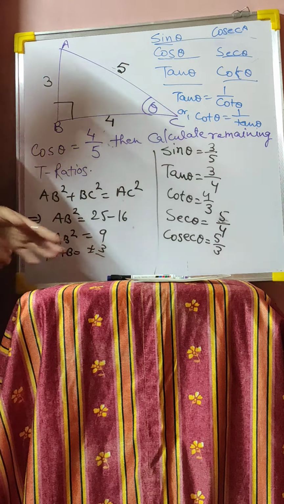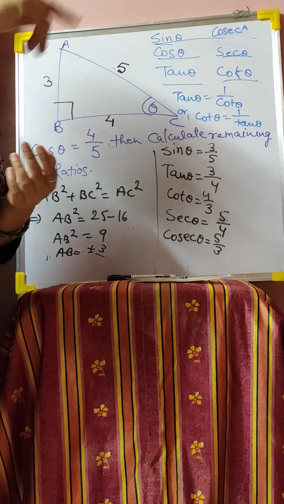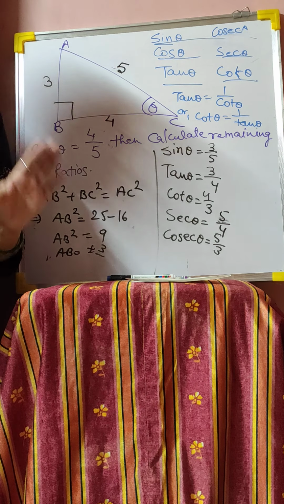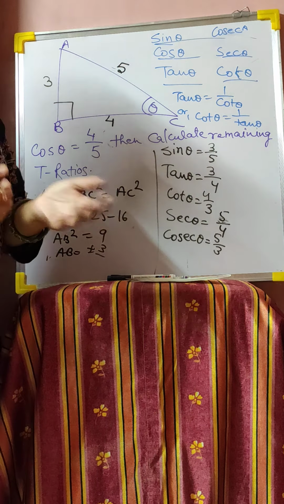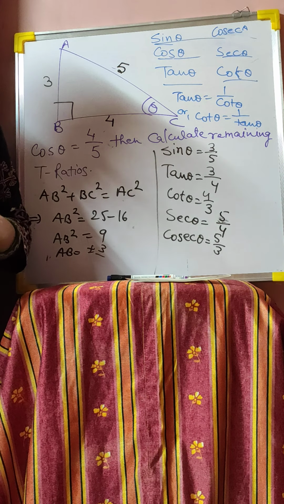Only you have to keep Pythagoras theorem in mind. But the important part that I was about to say: sometimes the values will not come as whole numbers. It will not be like 3, 4, 5 or something like that. It might be under root 119 or under root 112. The missing value can come. No need to bother. We will simply calculate it and then continue with our ratios as I explained. Okay.